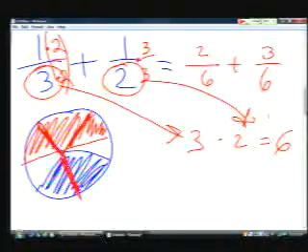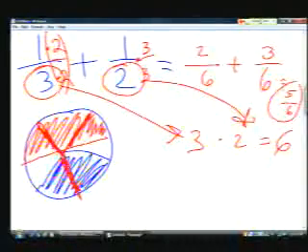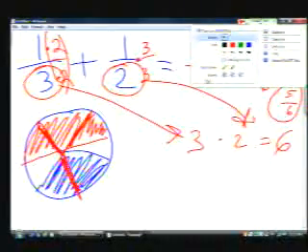5/6. So that's the answer, 5/6. And can 5/6 be reduced down any further, Jonte? No, sir. Nope, it cannot. Very good. So there's the answer. Now, when you have more difficult problems, by the way, the same thing is true for subtraction, isn't it? So in fact, if we were to change this to a subtraction problem, let me see